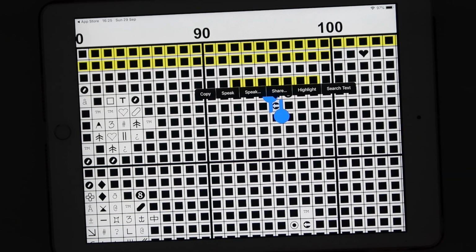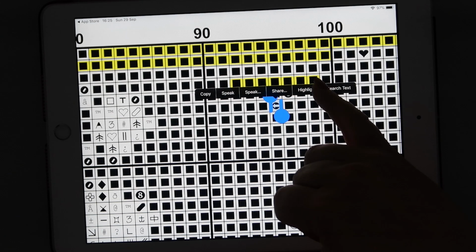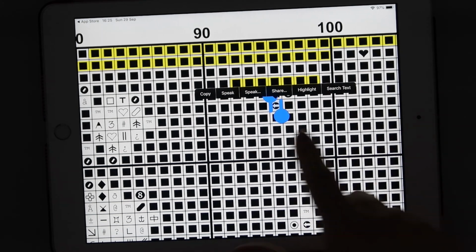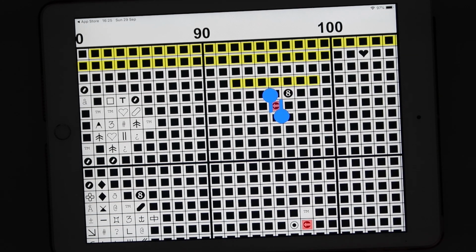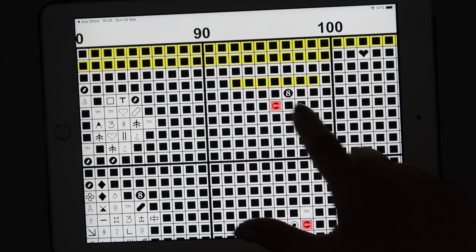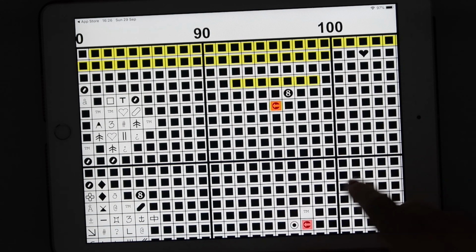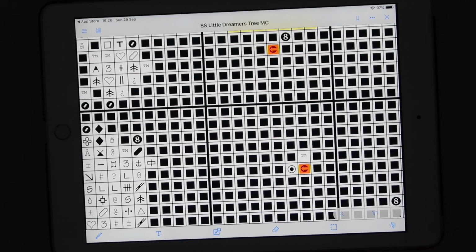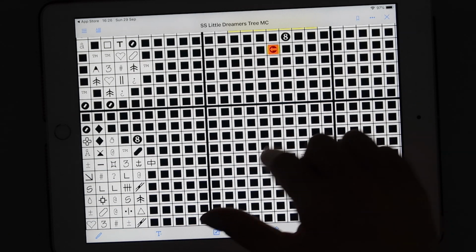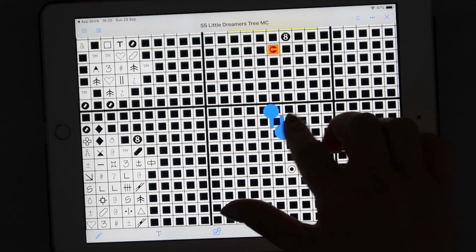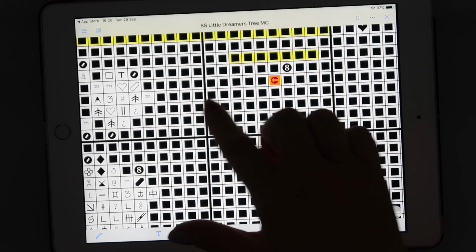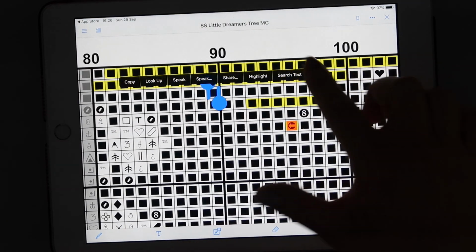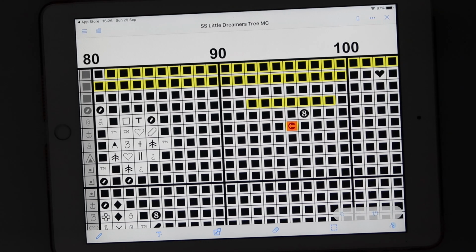on the next symbol. Okay, now it did keep going back to the one I just highlighted, but once you've flattened it, you'll then be able to go on to the next symbol, hit search text again, and then you'll be able to tap on them individually and hit highlight. Okay, so a benefit I do find of this is, for example, if I did hit the square again and hit search text,